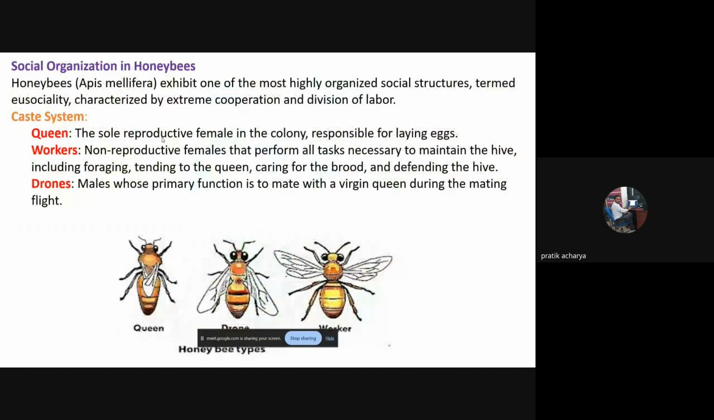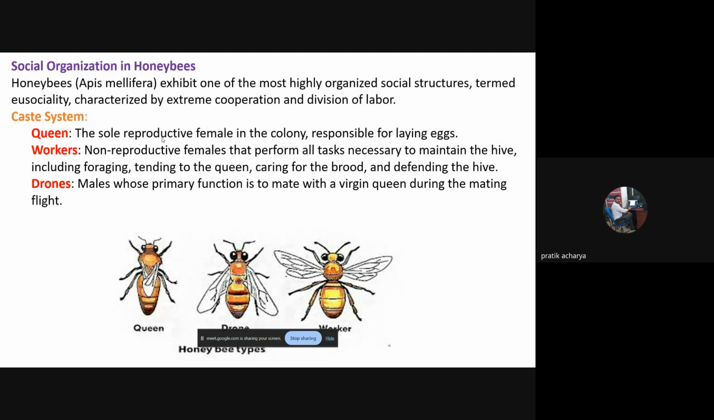Now, another important aspect is social organization and behavior pattern of honeybees. So a different caste system is present in honeybee. It is very well known to us. Queen is there, worker is there, drones are there. Okay. So queen is for